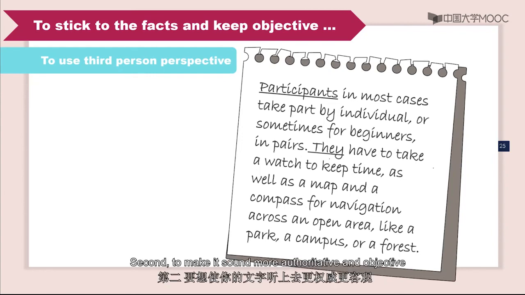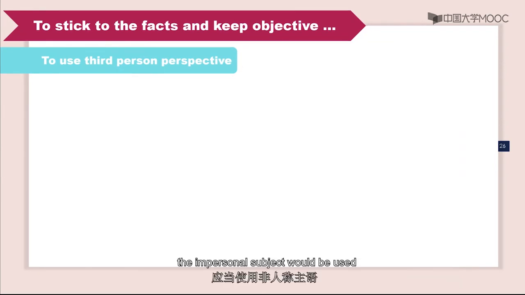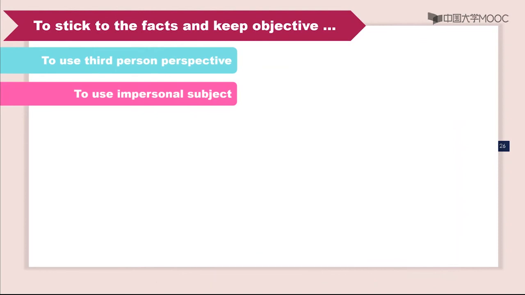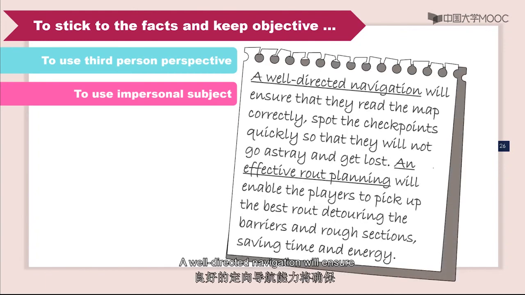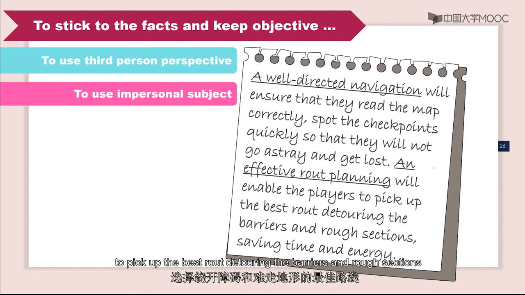Second, to make it sound more authoritative and objective, the impersonal subject would be used, as opposed to personal subject. In the sample, we say, a well-directed navigation will ensure that they read the map correctly, spot the checkpoints quickly, so that they will not go astray and get lost. An effective route planning will enable the players to pick up the best route, detouring the barriers and rough sections,